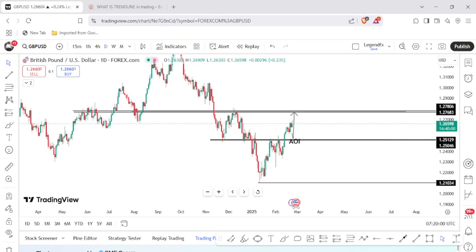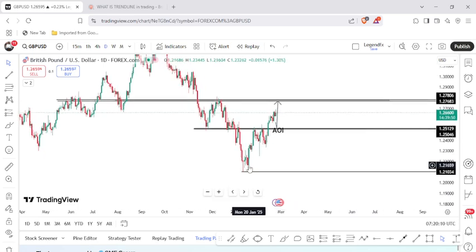Like the caption implies, is GBPUSD in a bearish phase or in a bullish phase? GBPUSD has given us this inverse head and shoulders, suggesting we are now in a bullish phase. The inverse head, the right shoulder and the left shoulder, and it has broken. And I was waiting for this.